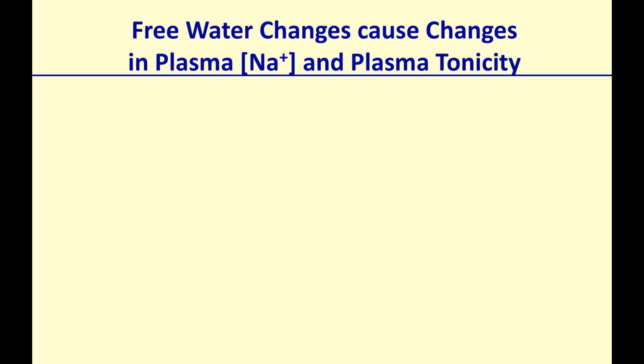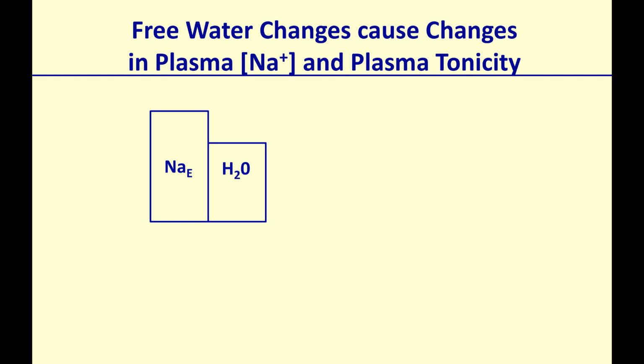Now, when the water in your body changes, that can cause changes in the plasma sodium concentration and plasma tonicity. How so? When your total body sodium is more than the total body water, then if I were to add water and match the sodium in the body again, the ratio will be reestablished. So that water that I don't have, that is missing, that is in deficit, is called the free water